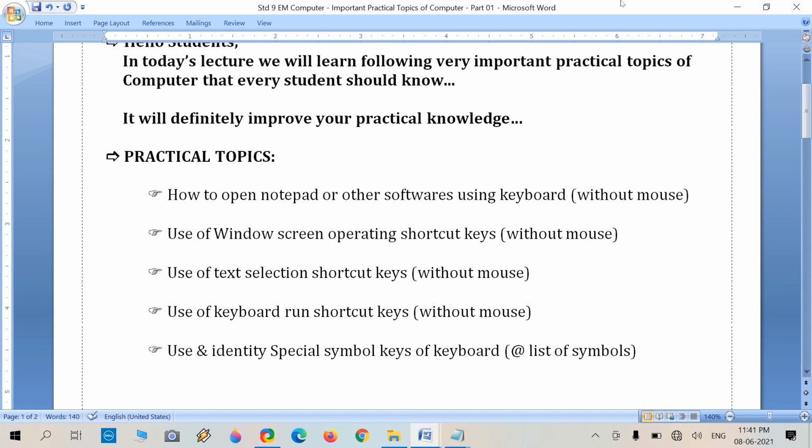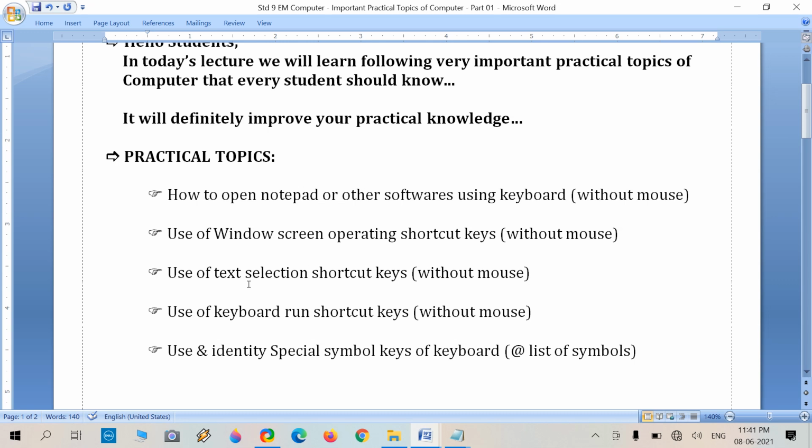Generally we operate these using the mouse, but in today's task we will perform it using only the keyboard. This is a most interesting and useful task.